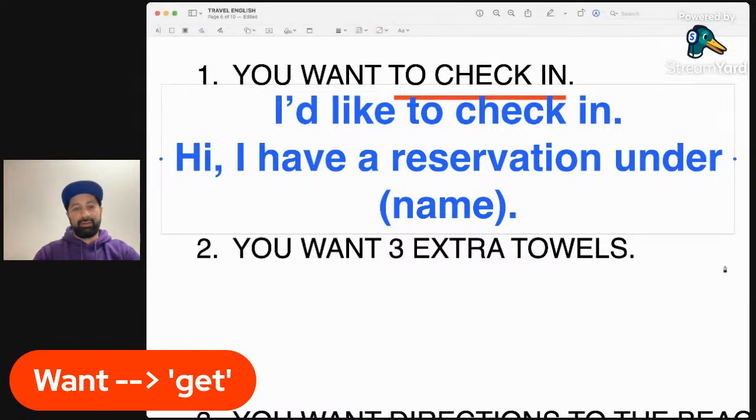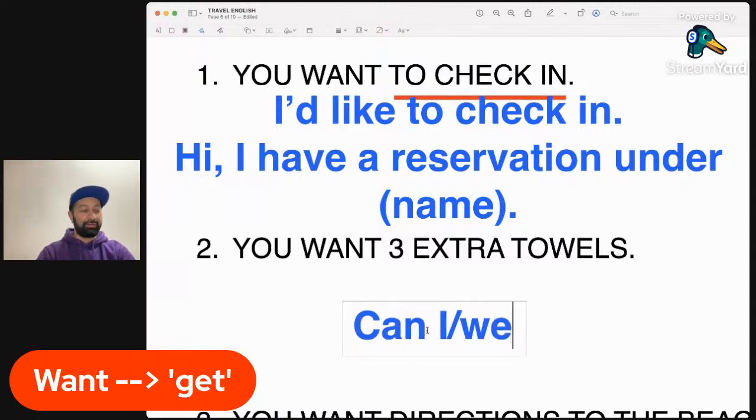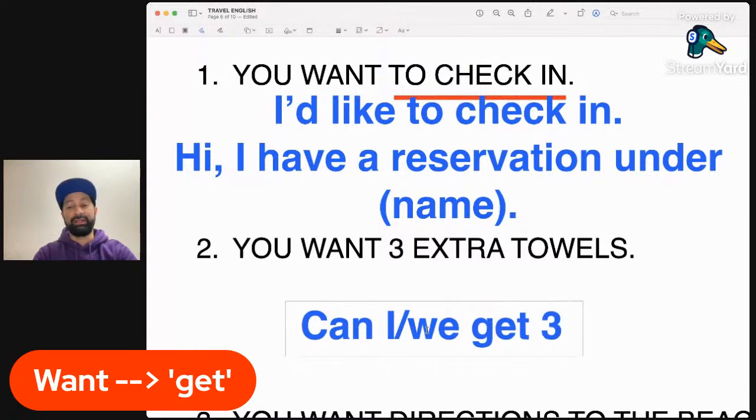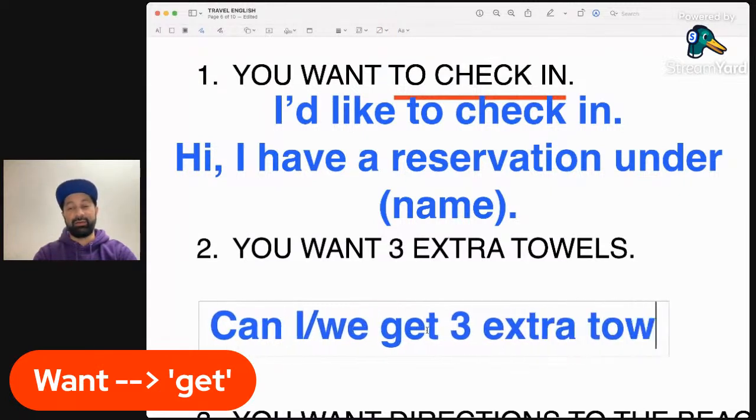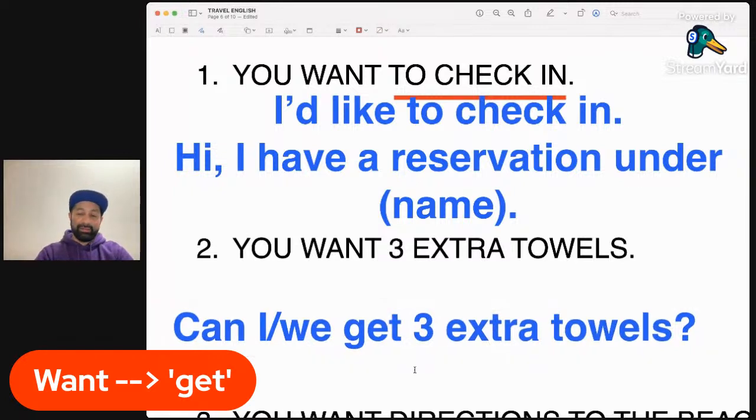So again, the question is going to be very simple. It's going to be, can I, and if you're traveling with friends or family, can we get 3 extra towels?